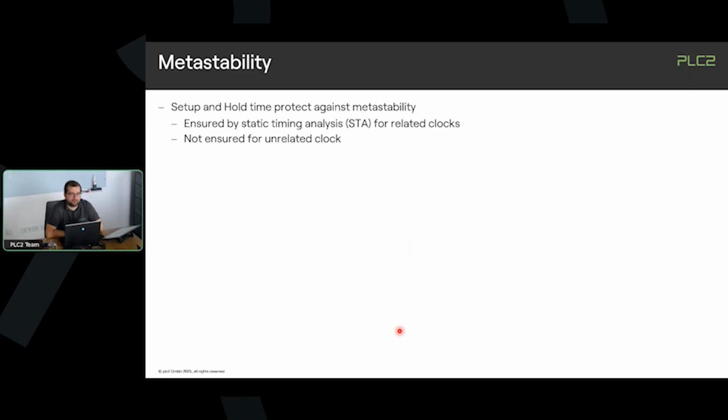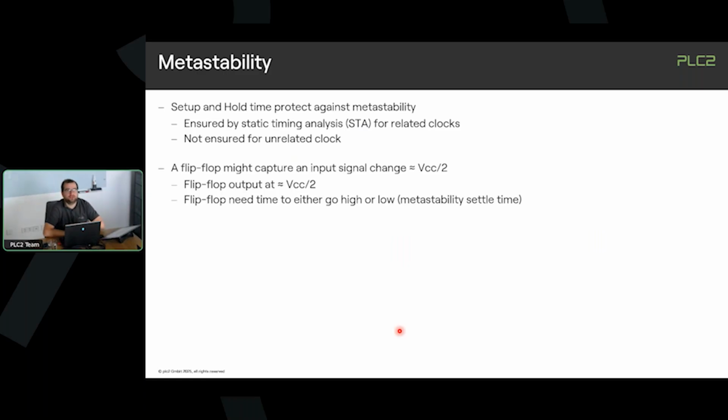This is all done automatically for related clocks, but we can't ensure this for unrelated clocks. So in case you have unrelated clocks or completely asynchronous input data, which can also come from outside the FPGA, then your flip-flop that's capturing the input might capture the data when the input signal is roughly around half of the voltage, and this might cause the output of the flip-flop also to go to half